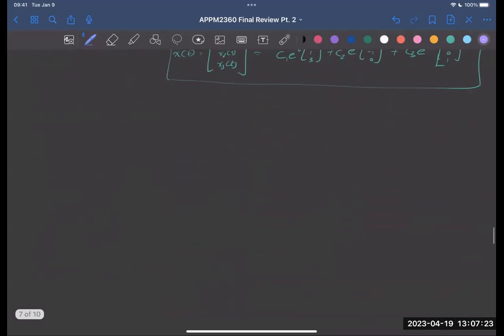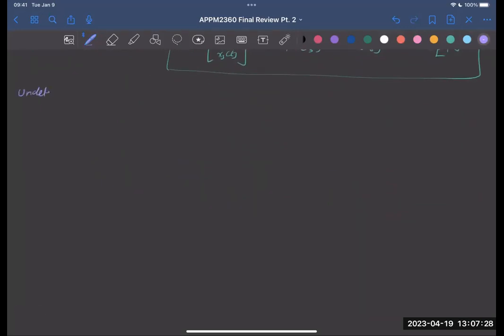Okay, now let's talk a little bit about the method of undetermined coefficients. This is a method that you'll use when you want to find particular solutions y sub p to linear, non-homogeneous, constant coefficient differential equations. So what we're doing now is finding particular solutions